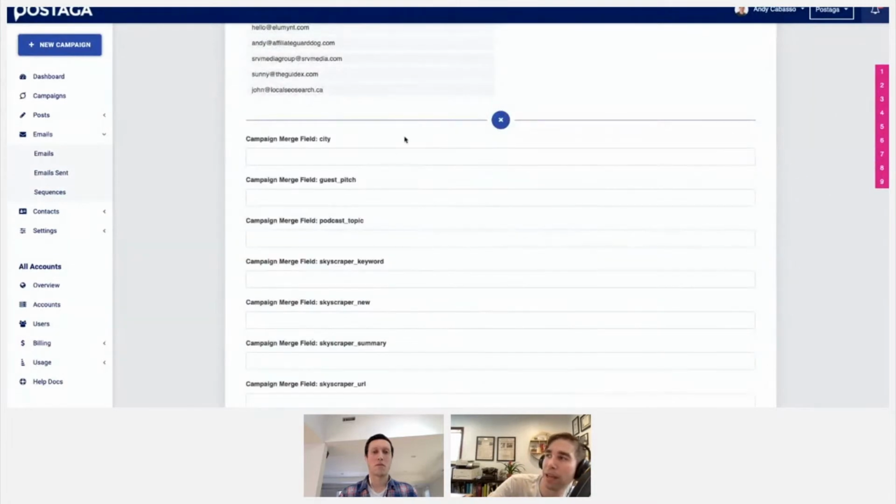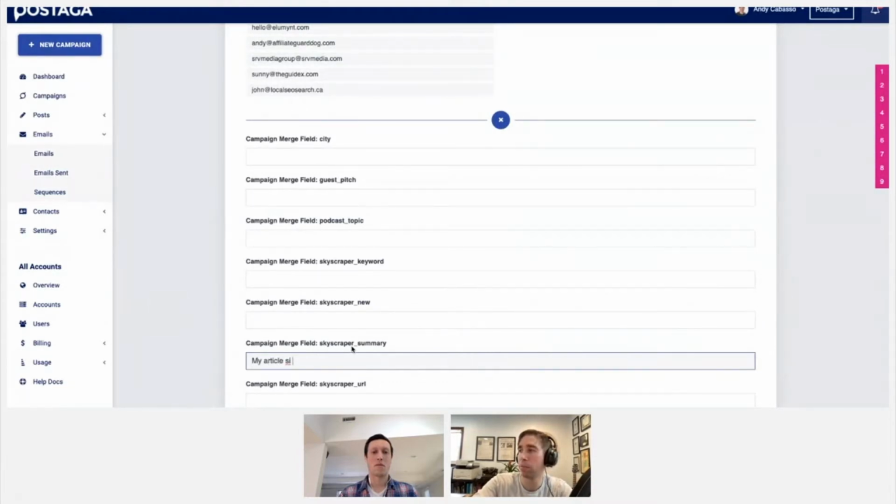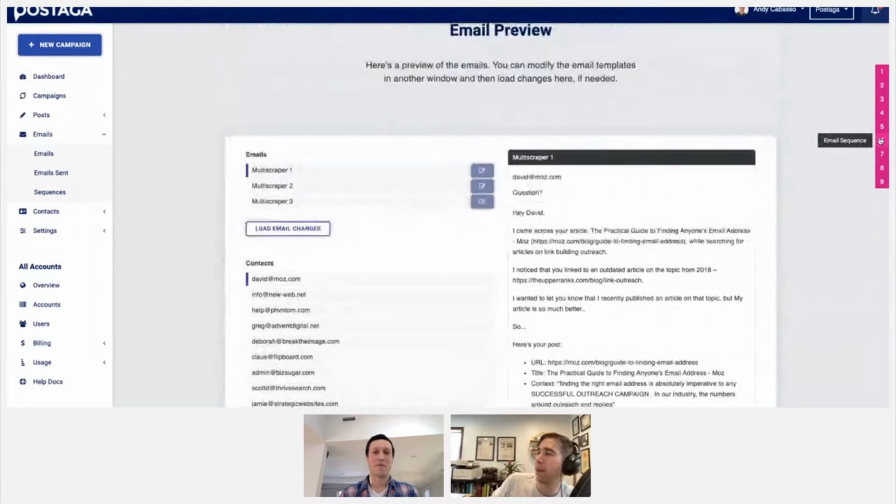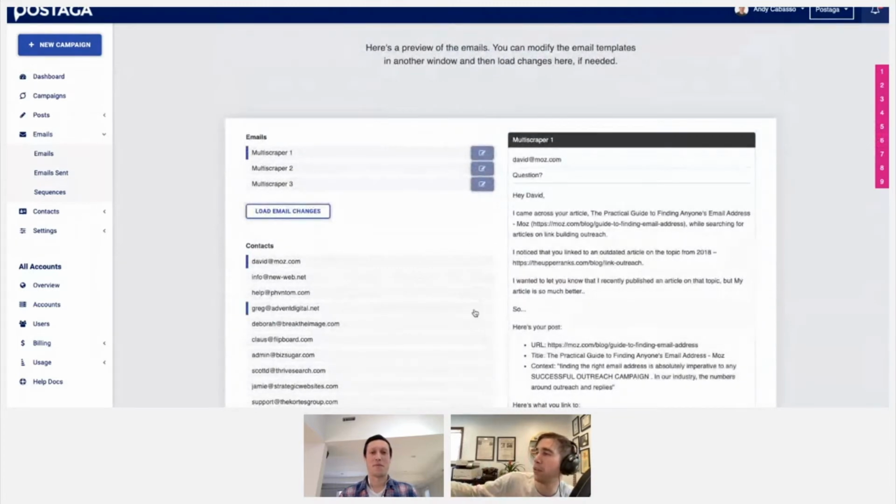click this little plus icon here, and I have a section for Skyscraper summary. And I'm going to say something like, my article is so much better. Something like that. You get the idea. So then I'll scroll up here and I'll see automatically that has been filled in.